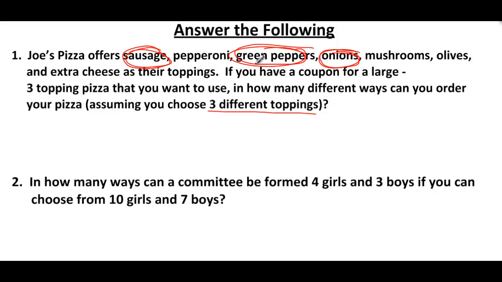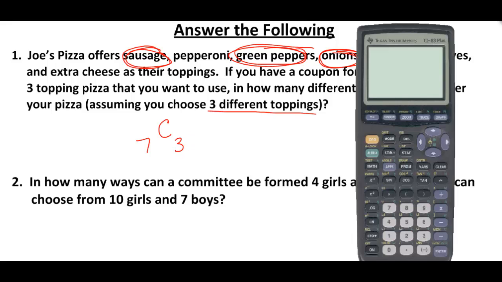Well, if I count 1, 2, 3, 4, 5, 6, and 7, if I count the cheese, there are 7 total toppings. I want to choose 3 of them to be on my pizza. So what that's going to look like in our calculator, okay, so what I'm going to do, get this to turn on,